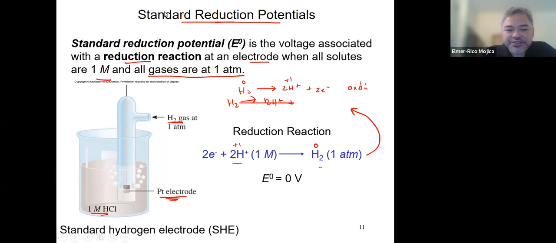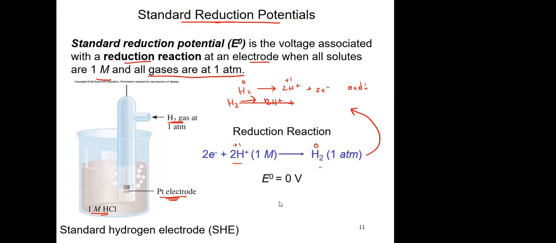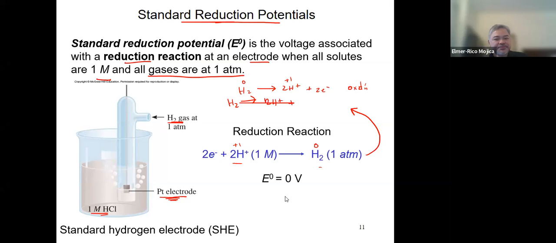Why of all numbers is 0? I guess if something has more reduction power, it would be greater than 0, and those that are less than the hydrogen would be negative. So the way that they assigned it 0, because